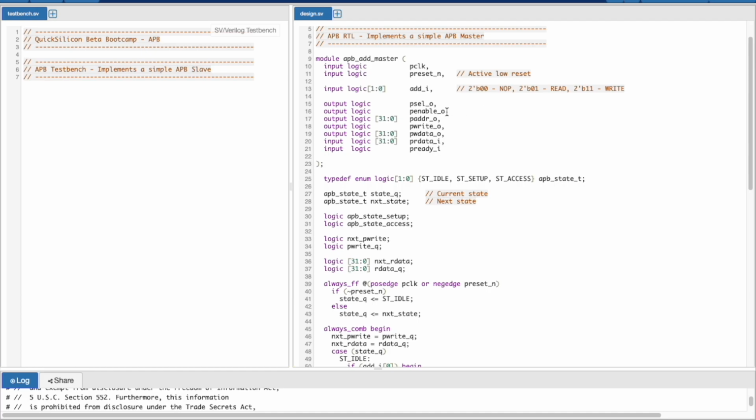If bit 0 of this signal is 1, then we need to perform a read or a write, and that is dependent upon bit 1 of this particular signal. So if bit 1 is 0, then we perform a read transaction, and if bit 1 is 1, we perform a write transaction.